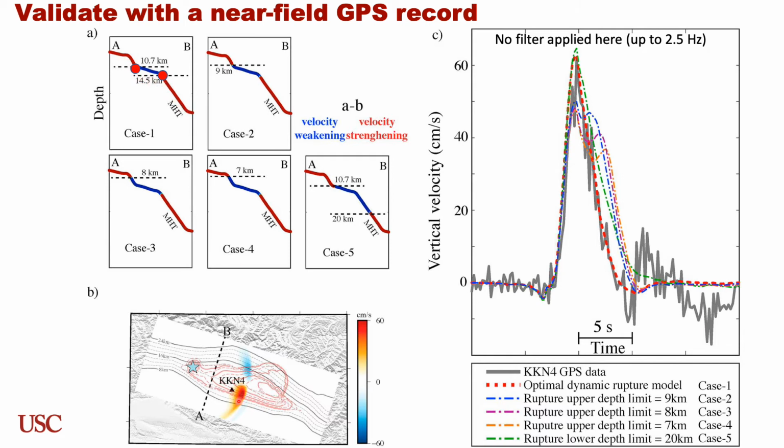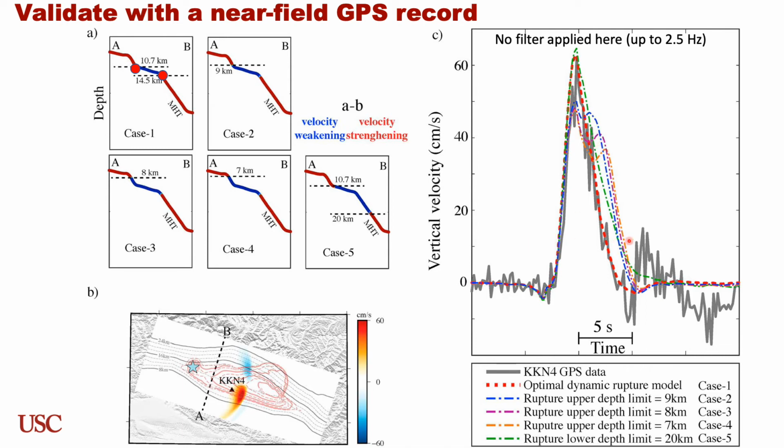Very luckily, we have one bedrock high-rate GPS station right above the rupture. We use this record of vertical velocity to constrain the along-dip rupture extent. The red dashed curve corresponds to the case where the upper and lower limits are nearly at the rim of the flat portion, as in our preferred model. If we move the upper limit upward to 9.87 kilometers deep, allowing rupture on the shallow dipping segment,